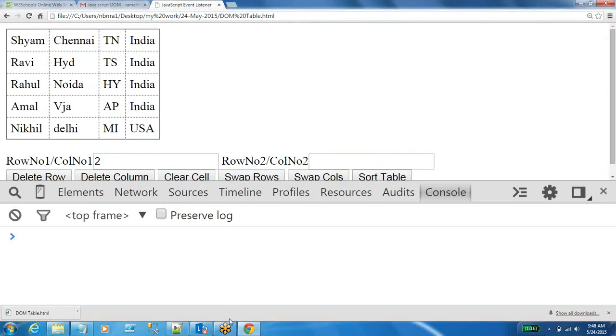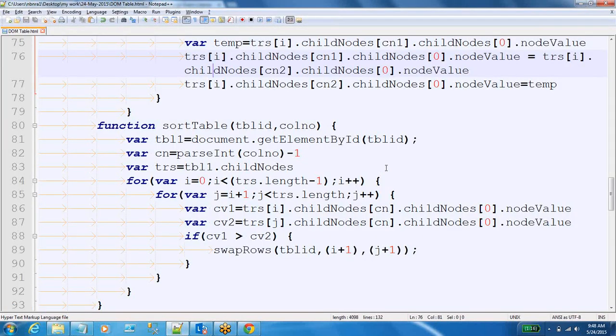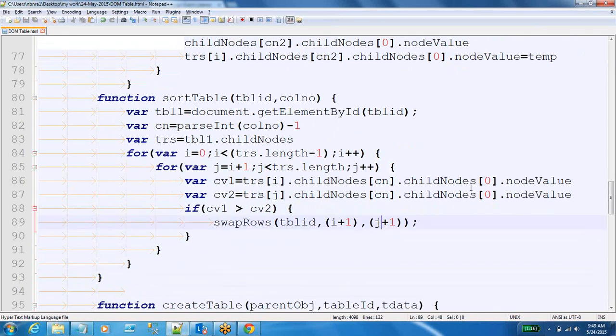If you want to ignore it, then what should you do? To ignore these and sort, what should we do? You can convert them into lower case. Convert them to lower case and then sort, then it will be fine. So here